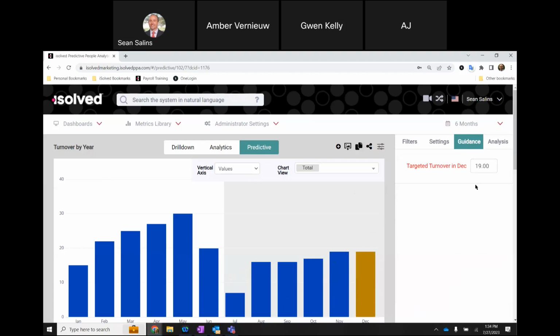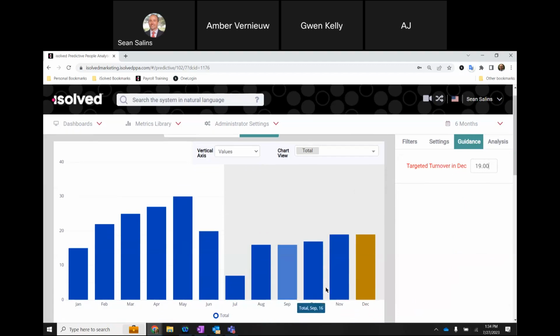And if we see that the targeted turnover in December is 19 individuals, right? Because we're looking at values here versus percentage, we could change to percentage if we wished. And that's why this is a gold bar. It's a bar that I can interact with. It's a bar that reflects this 19. So I can do a couple things. I can simply drag it to change the number, or I can just change the number to reflect the target that we want to hit. So when I do that,